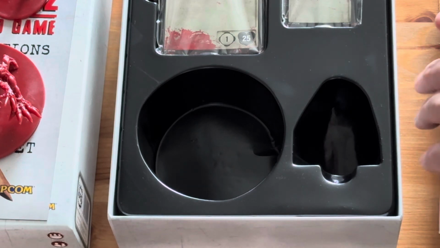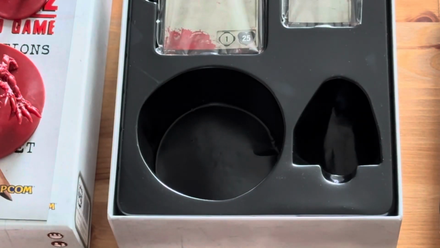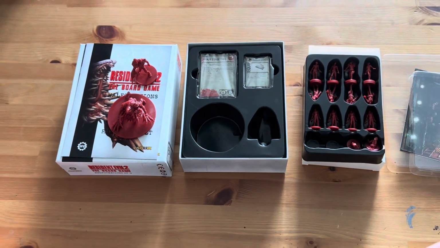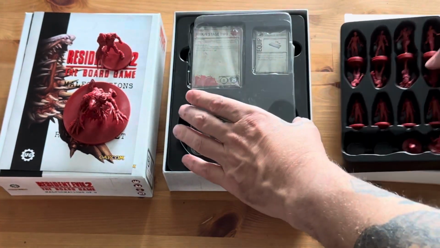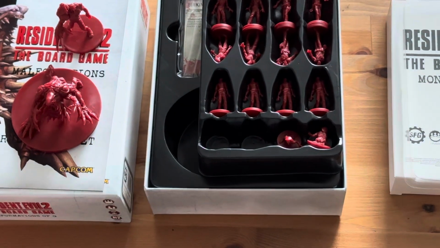Okay, so next up, this is the Monster Box 1. You've got a couple of zombie victims here. Actually, let me zoom out and show you the Monster Box 1 that we pulled out. Again, it's got the case. And let me place this back here in the center so we can zoom in on that. But if you check these out,